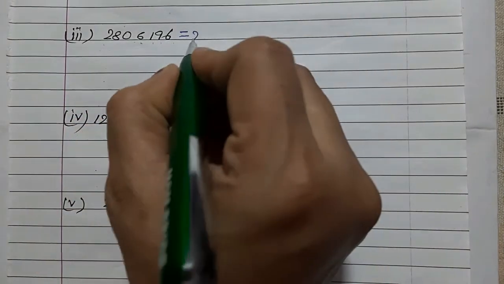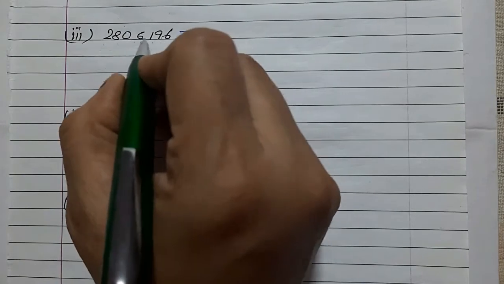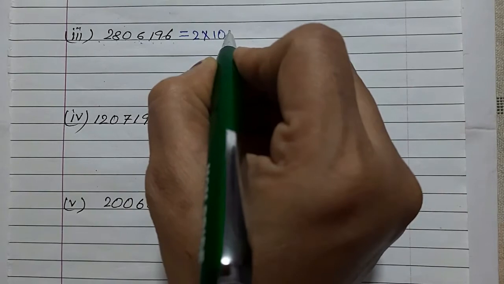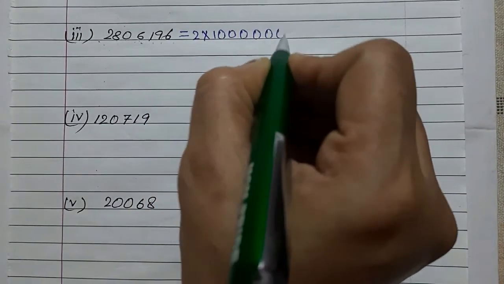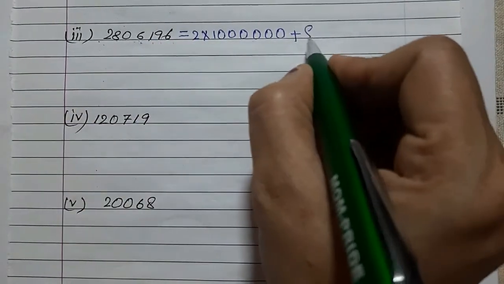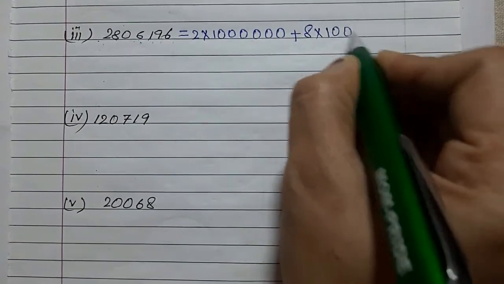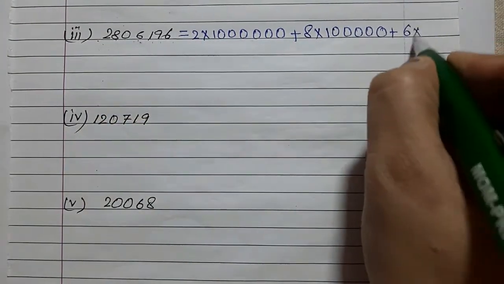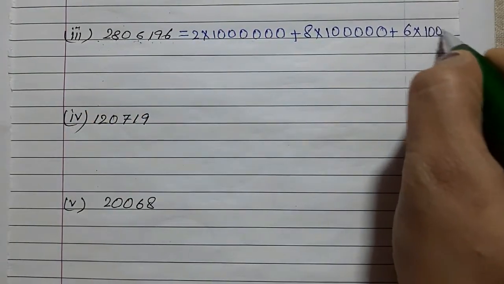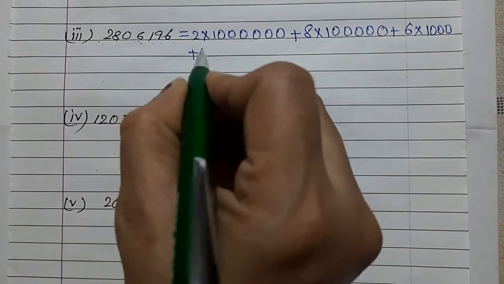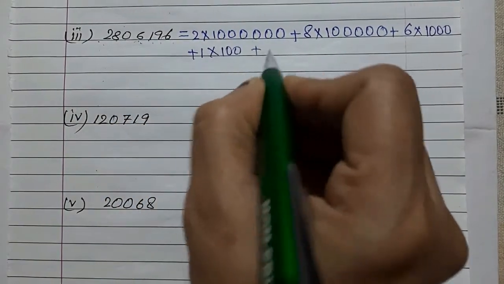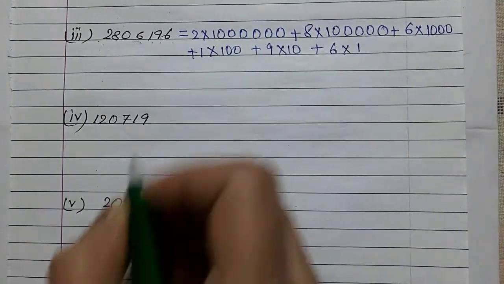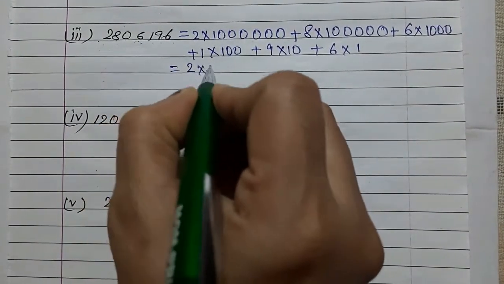Next, 2806196. So 2 is multiplied by 10 lakh, that means 6 zeros. 8 is at lakh place. Then 6 is at thousands place, so 1000. 1 is at hundreds place, 9 at tens place, 6 at ones place. In exponential form, 2 multiply 10 to the power